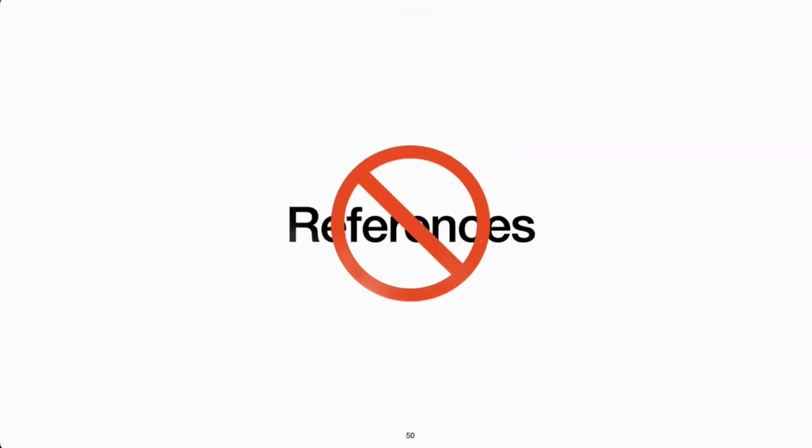So here is an idea. What if we just remove references from the equation altogether? In fact, this is the idea behind mutable value semantics. Not only value semantics like we saw in C++, but mutable value semantics, or MVS for short. So you take your language and you remove any form of reference. No pointers, no global variables, no closures, no reference at all.